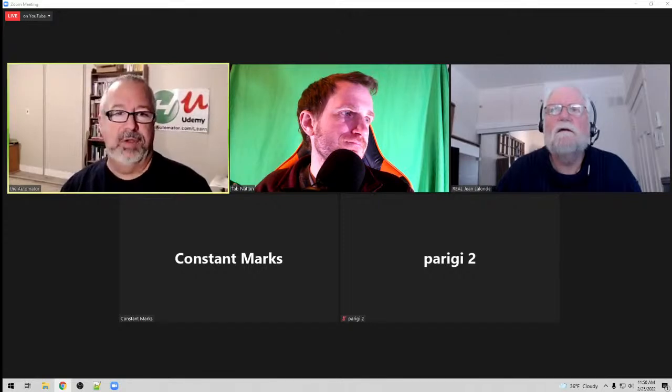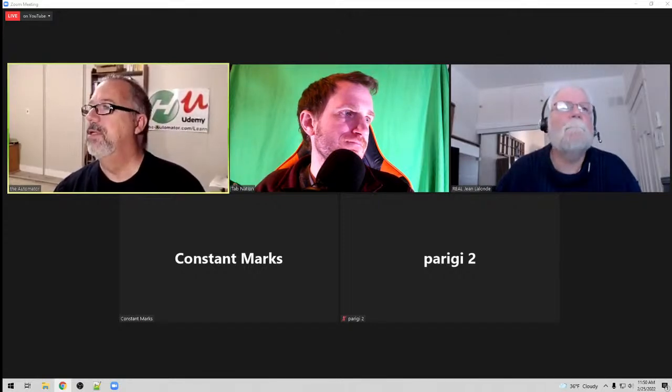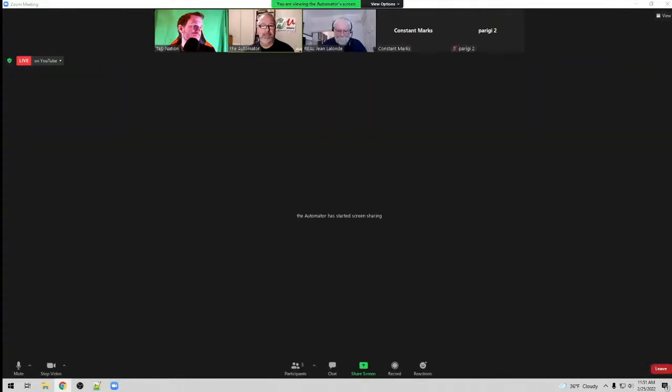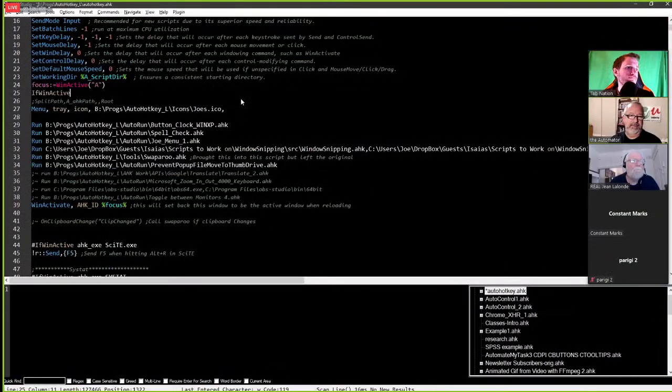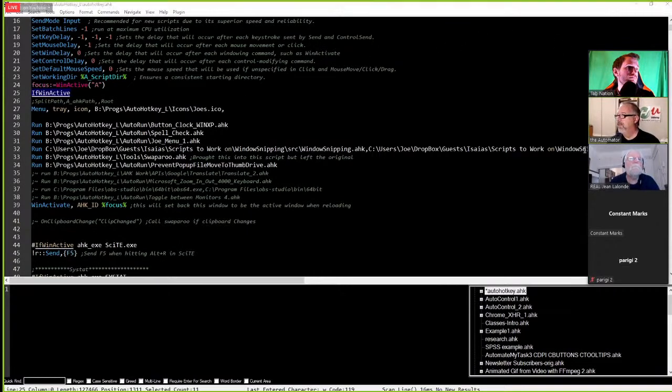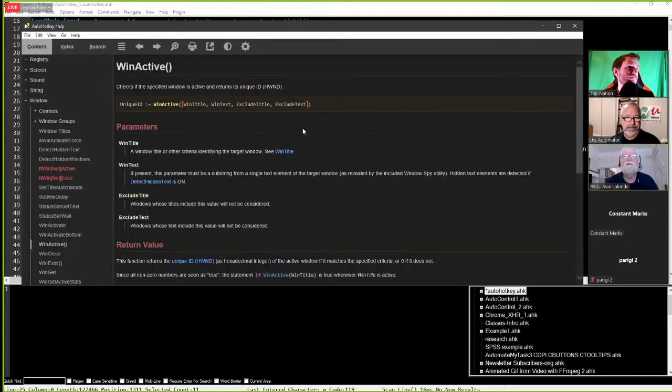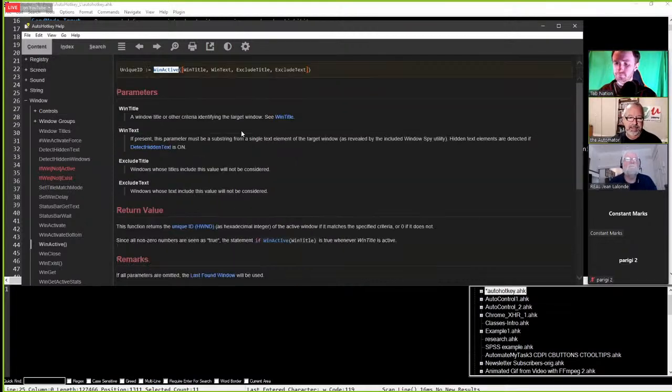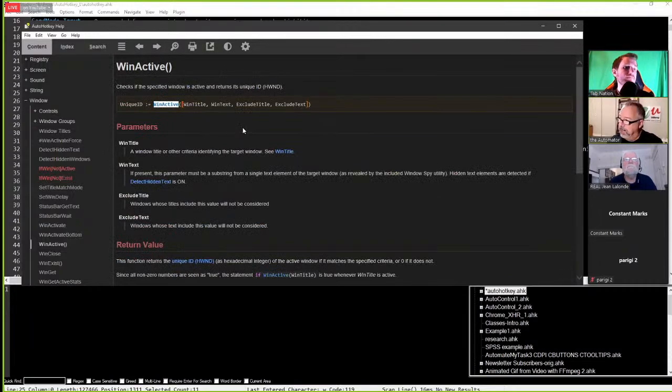If you look it up, let me share my screen here and we'll look it up. So if I type in, I think just if WinActive, oops, I typed the wrong thing. Oh, of course it opens the other window. Yeah, it says use the function instead. So this brought me right to it: use this, and just wrap it with an if, right? And that way, and the other important one, by the way,